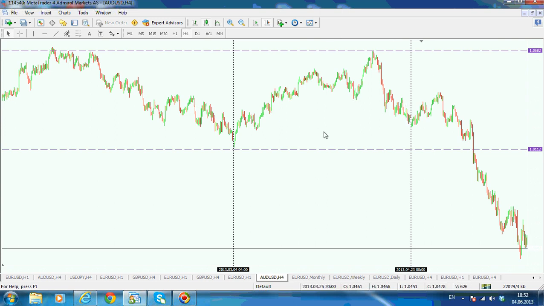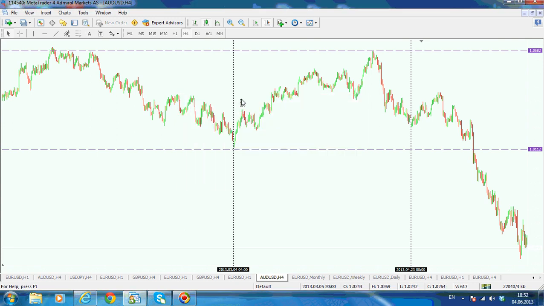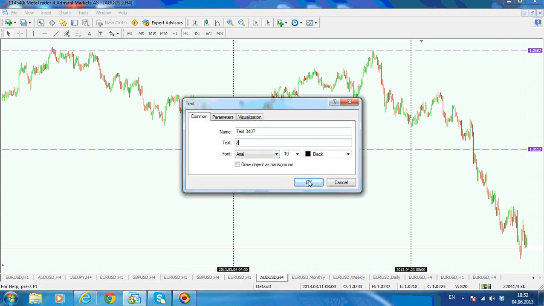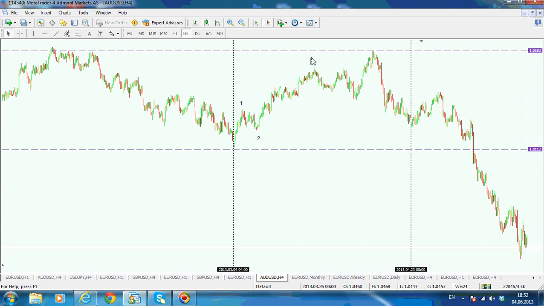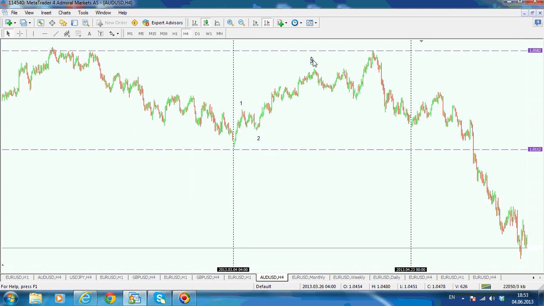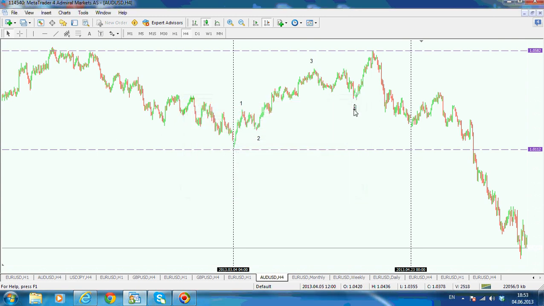For example, this is an Australian dollar, US dollar 4-hour chart, and as you can see here, you might say that you have a nice 5 waves up from here. So this to be a first wave, and this to be the second wave, and this to be the third wave, and this to be the fourth wave. As you can see, the fourth wave in itself is made out of an A, B, C, so for the fourth wave, and then the fifth wave to the upside,